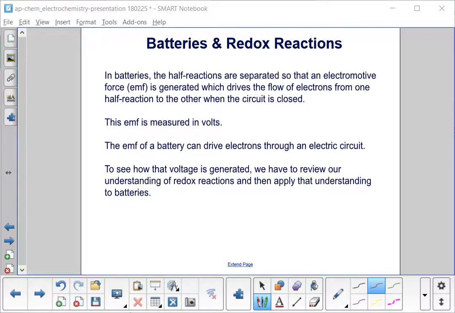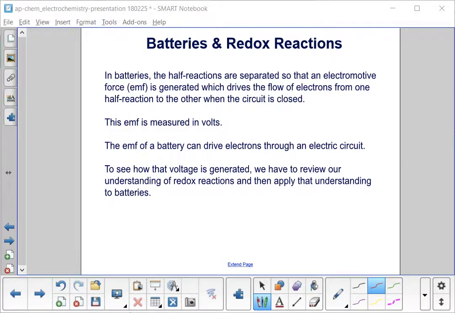In batteries, the half reactions are separated so that an electromotive force, or EMF, is generated, which drives the flow of electrons from one half reaction to the other when the circuit is closed. Remember that EMF is measured in volts, and that the EMF of a battery can drive electrons through an electric circuit. To see how that voltage is generated, we have to review our understanding of redox reactions and then apply